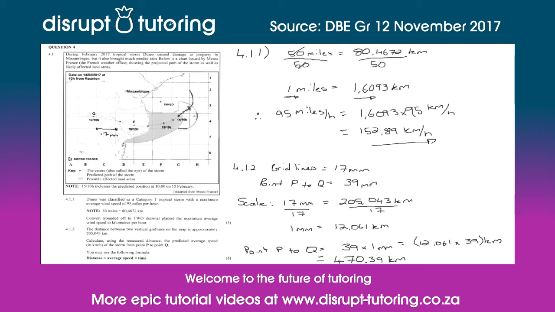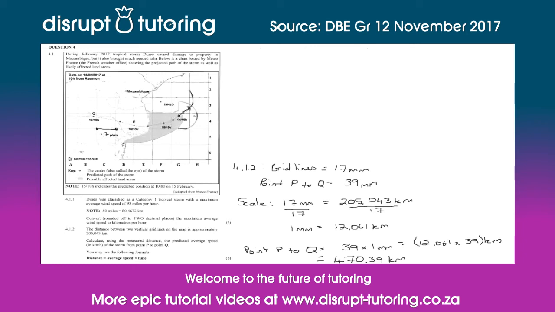So I'm just going to erase the top part to continue with this question, so that we have some space to find out what the average speed is, as they want us to calculate, just like that. So I've got some more space over here. So we're now going to need to use this 470 kilometers to calculate the average speed. So remember, they've given us the formula for average speed. So if I continue here, remember we're still on 4.1.2. So 4.1.2 continued